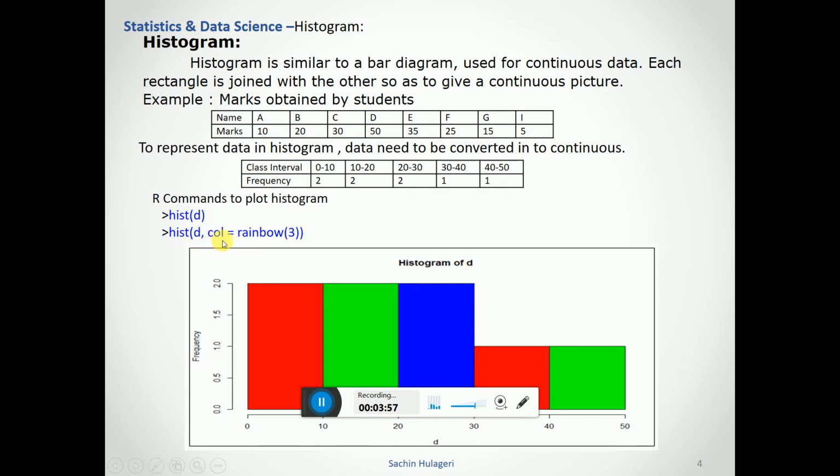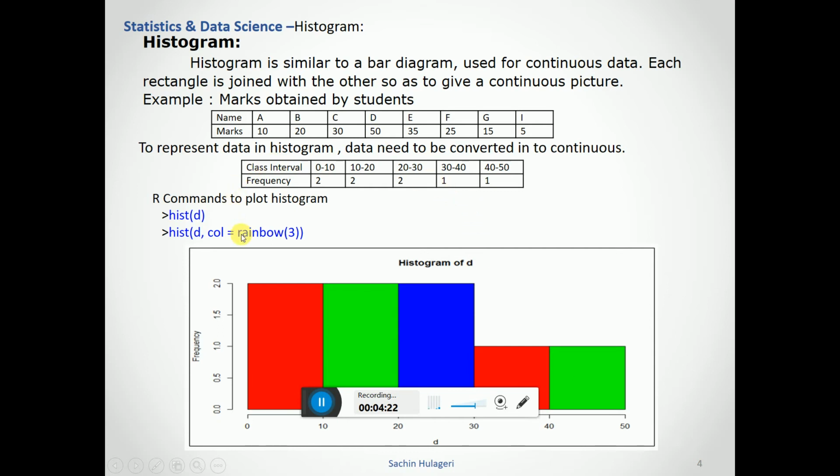If you want, you can give column names, and then colors; we can give a rainbow color of 3 colors. It will take red, green, and blue, and red and green are repeated as only 3 colors are given. This is just to understand how the continuous data conversion looks.